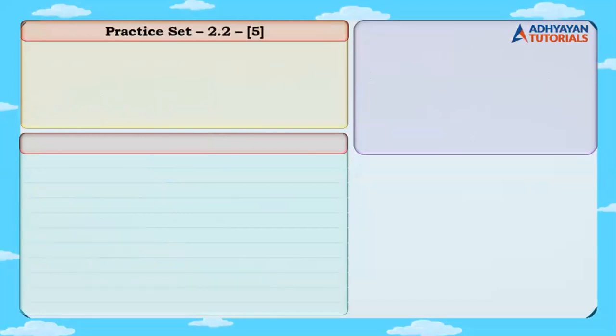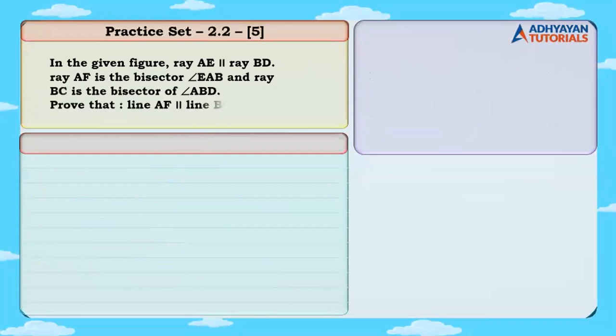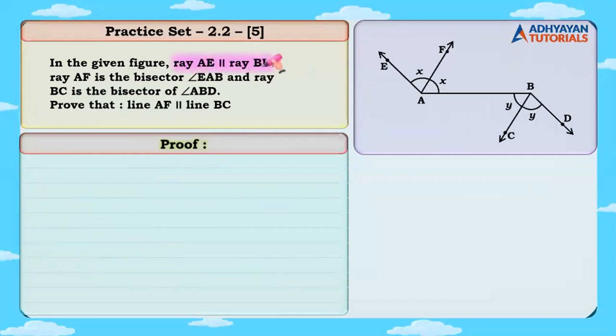Yeah. Practice set 2.2, question number 5. Here is the figure. In the given figure, ray AE is parallel to ray BD. You can have a look in the figure, children. I have highlighted those two rays and they are parallel. मतलब अगर आप ऐसा extended imagine करोगे, तो they will be parallel to each other. Correct? Yeah. Ray AF is the bisector